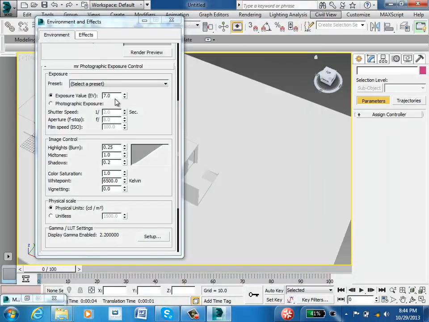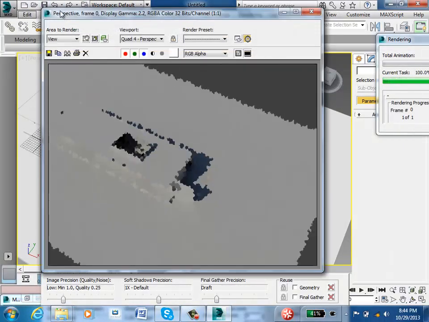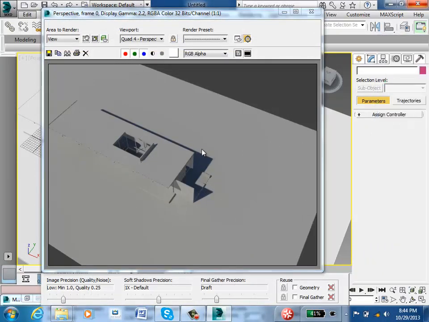Whereas if we go too high, I think there's a maximum to this. Yeah, the maximum is 16. Is that right? Yeah. It might be underexposed, or a little too dark. It's not so much a case for exterior daylights because the sun is so intense that you really need to have a very low exposure. But if you're doing interior renderings or relatively dark renderings,